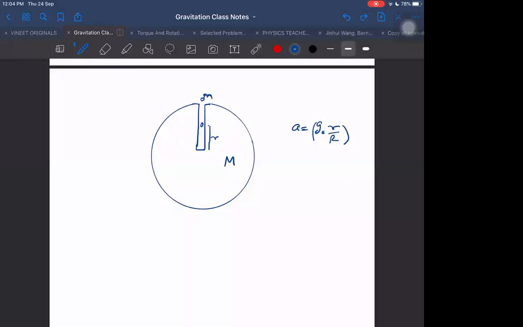Moreover, we can ask this question in two ways. I can ask that it is just dropped at the surface, or I can ask that it is dropped from a height above. I will be discussing all these cases. I will discuss first when it is just at the surface only. Then I will discuss when it is far away from the surface.